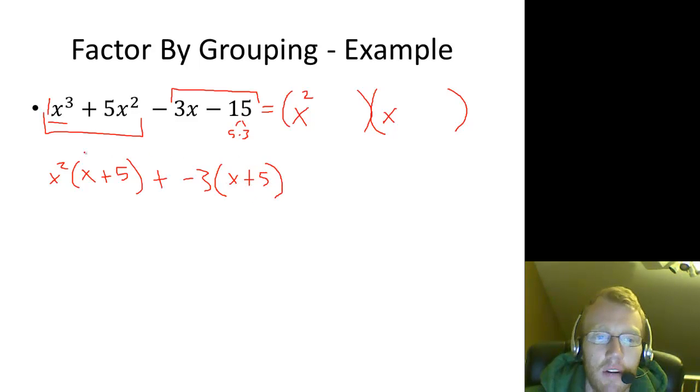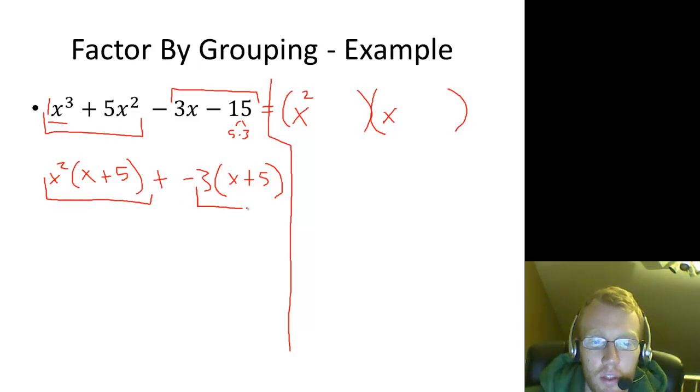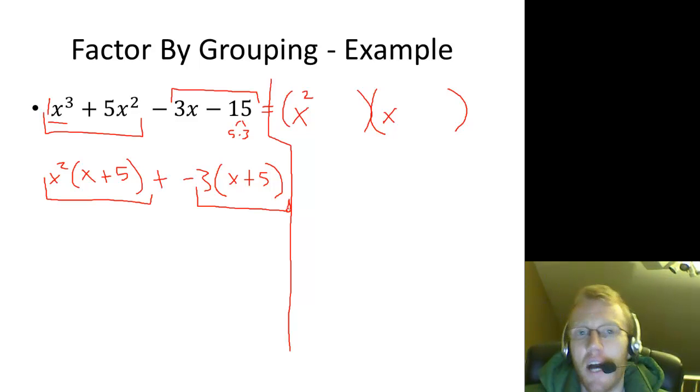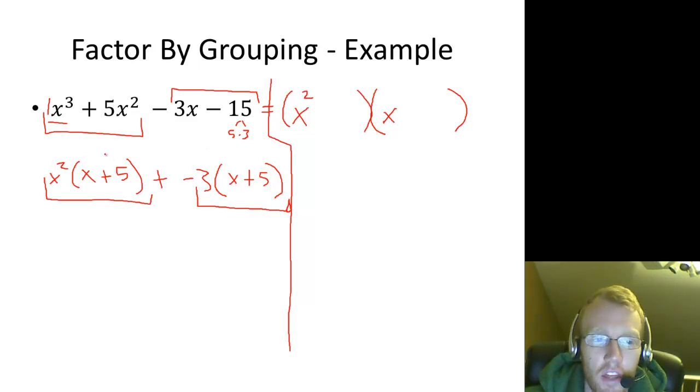Okay, and now here's where it gets a little weird. Maybe something you've not seen before. This whole piece could now be considered one term, and this whole piece could now be considered one term. And we can factor a common factor out of these more complicated terms. So the thing that this whole term has in common with this whole term is x plus 5. It's in both of them. So I can factor out x plus 5